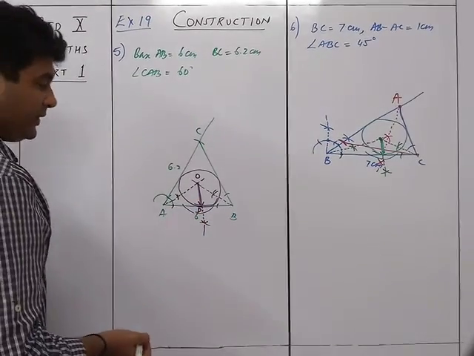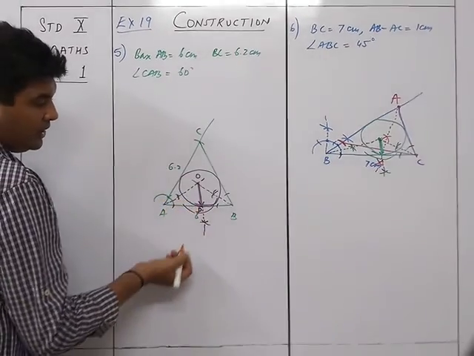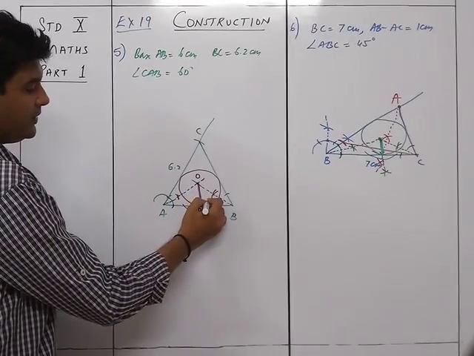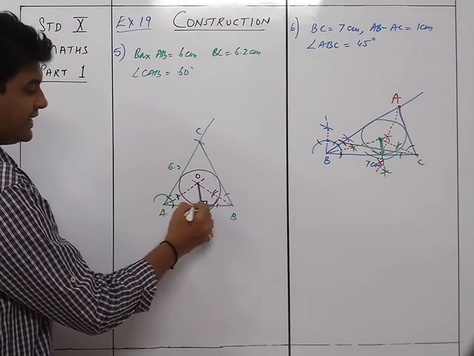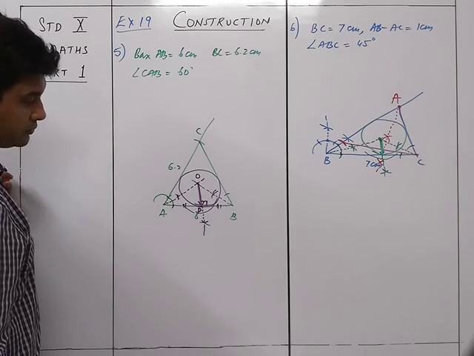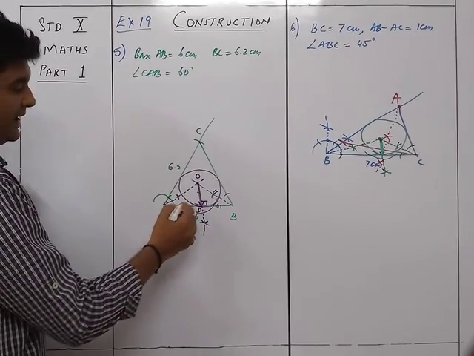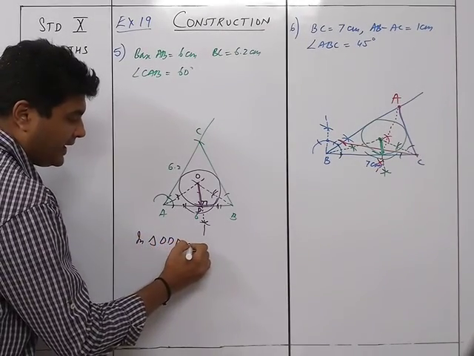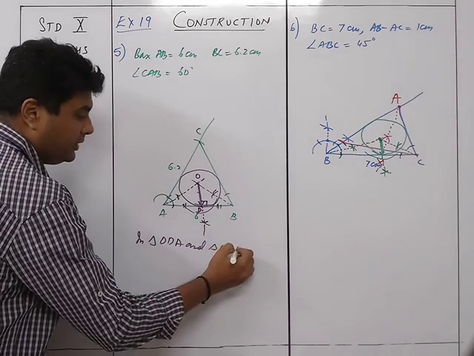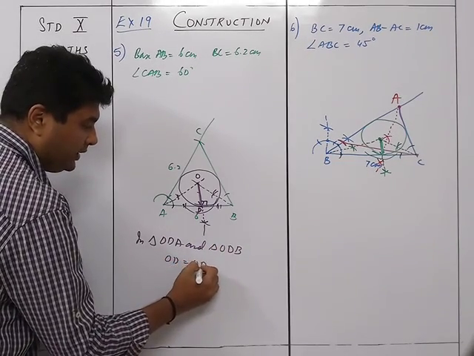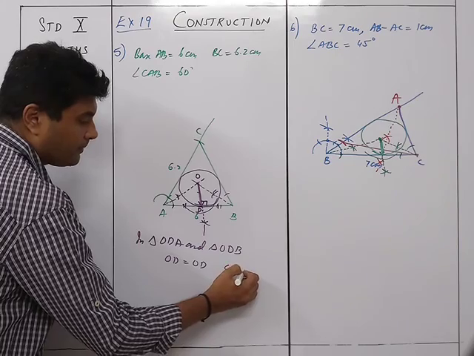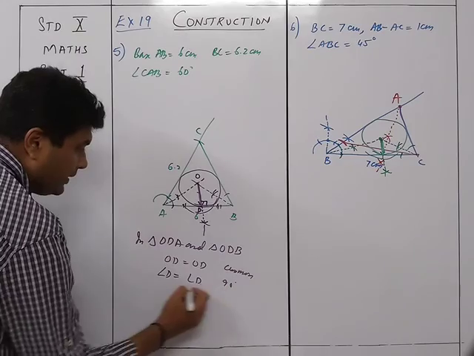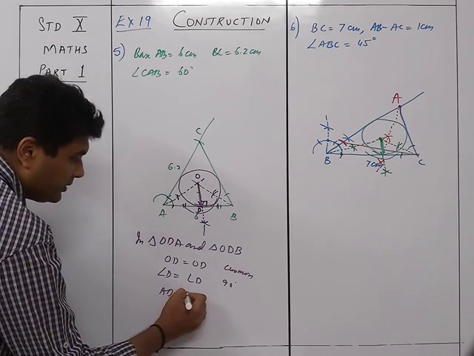To prove that, we know that these are angle bisectors. This is a perpendicular bisector. We know this is perpendicular, and it's a bisector, so this side is equal to this side. Right? And this is common. So by SAS test, in triangle ODA and triangle ODB, we have OD equal to OD, common. We got angle D equal to angle D, 90 degrees, and AD is equal to BD. Oh sorry, AD equal to BD is what we need to find out.